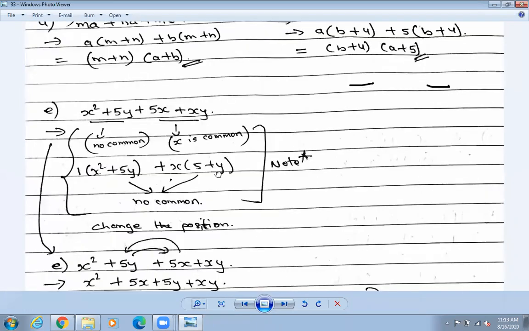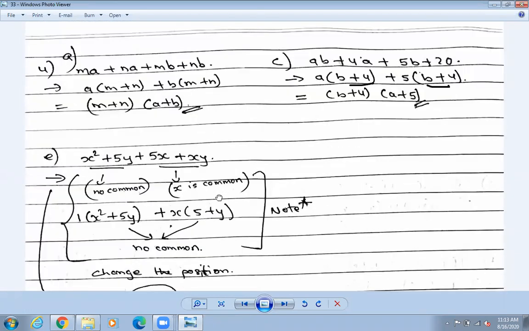So do up to number D as your homework. Question 4D, hope you know the page number. Do up to number 4D as your homework. Number E from the remaining